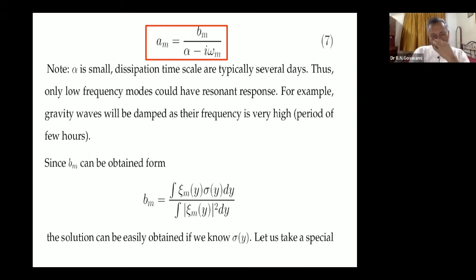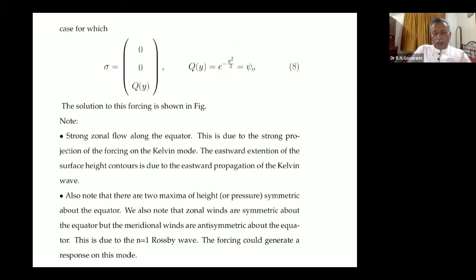Therefore it is basically going to get a response only on the larger scale waves, and this you can find out using the normalization constant from the orthogonality relationship. So now suppose I take a very special case, say that the forcing function is just symmetric